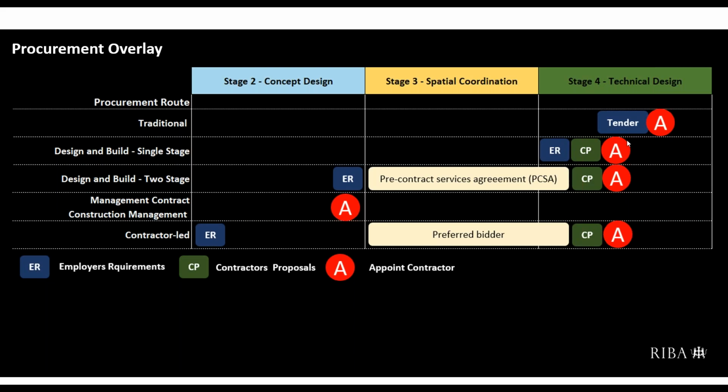The RIBA did debate this, the common occurrence of people referring to stage 3A plus and so on and so forth. But really stage 3A plus is about pulling information out of stage 4 to really inform that procurement route. And it's not really stage 3 at all. So really being cognizant of who's working at stage 4, well, I guess the key topics are: what are the design team doing, what's the contractor doing, what information is required from stage 4 to inform the procurement route. So those are the main considerations from a procurement perspective.